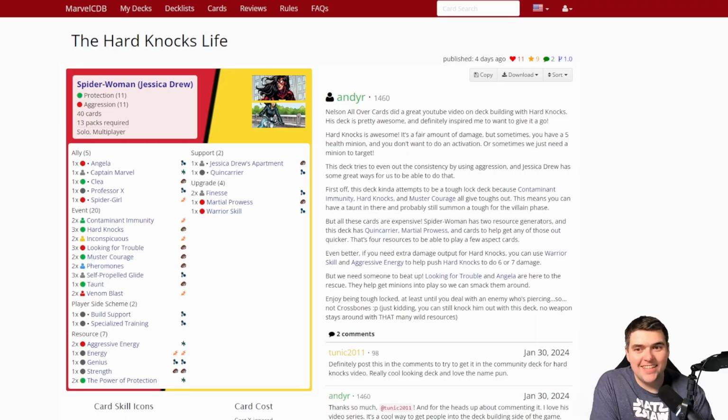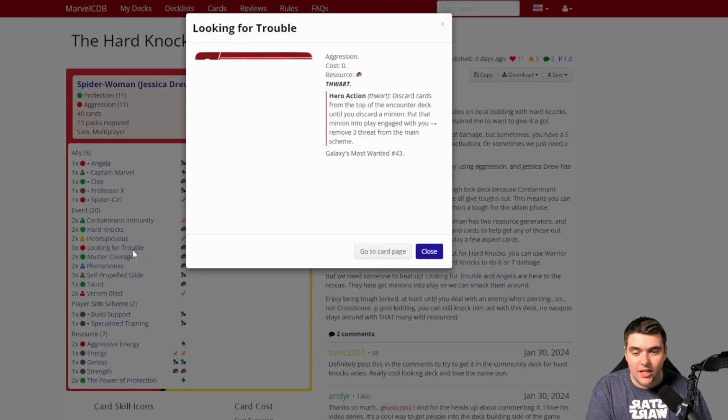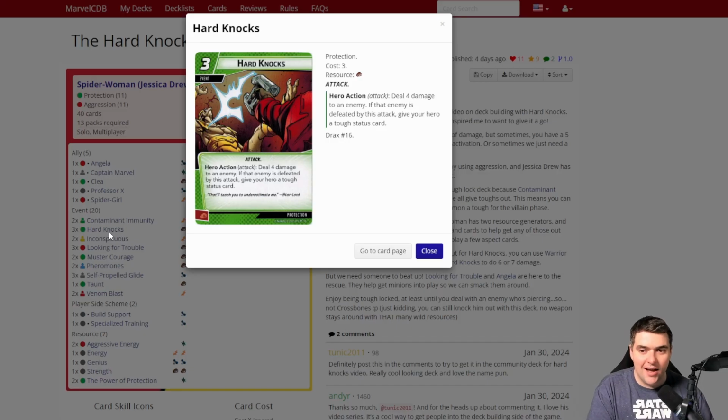So this first deck here is the Hard Knocks Life from Spider-Woman, and this is built by Andyr. Hopefully I'm saying that correctly, but we're using protection, which is where we're getting our hard knocks, and then aggression, which is solving the problem of making sure that we have a minion to actually knock out with hard knocks, which I thought was really clever. So we got Angela here, who can fish for minions, and then we've also got Looking for Trouble, which fishes for minions as well. Because we do need to take somebody out with the hard knocks, this is a way that we can make sure and guarantee that there is a minion around